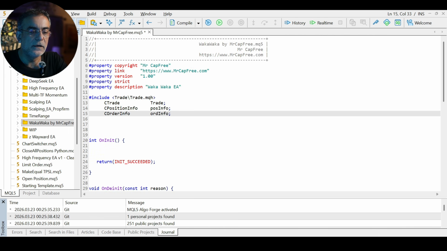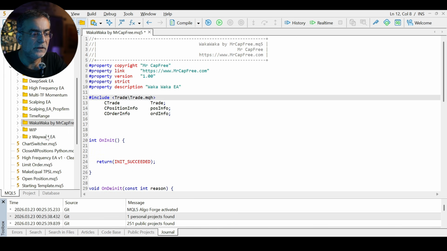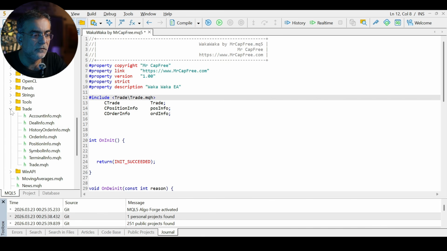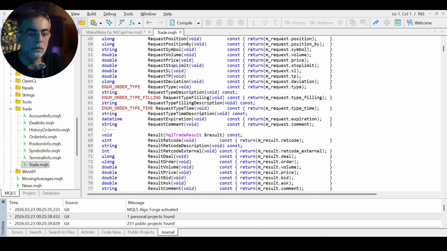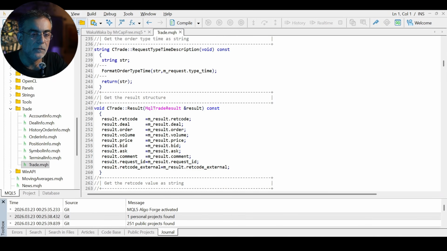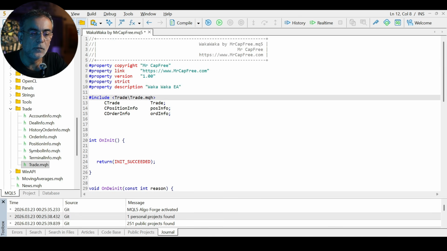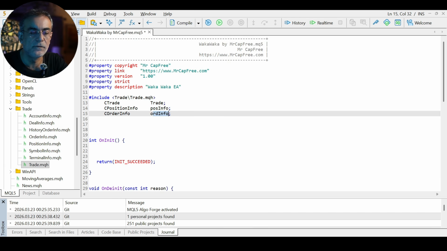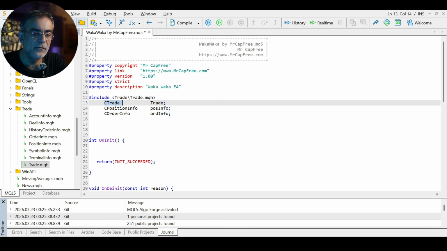Then we are going to include a trade.mqh file, which is the file that you have here in the include folder. These are all the code which comes pre-written with MQL, which helps us with all the trading operations, so in terms of opening trades, modifying trades, getting information on the positions, getting information on the orders and things like those. So for trading operations, we're going to use the class CTrade